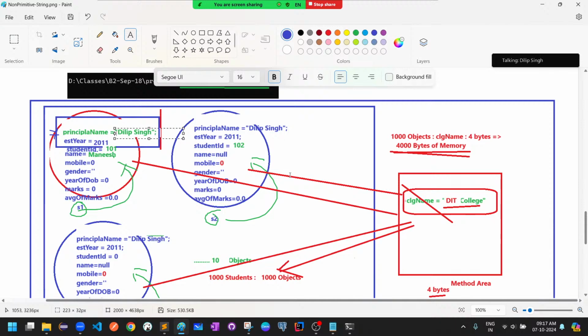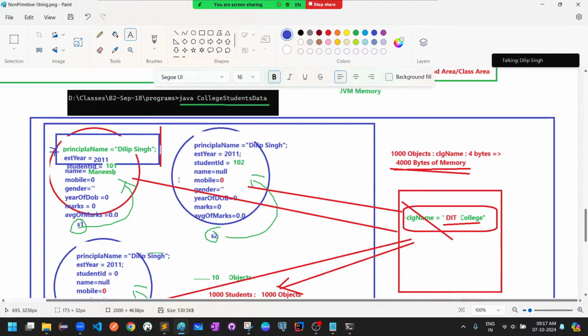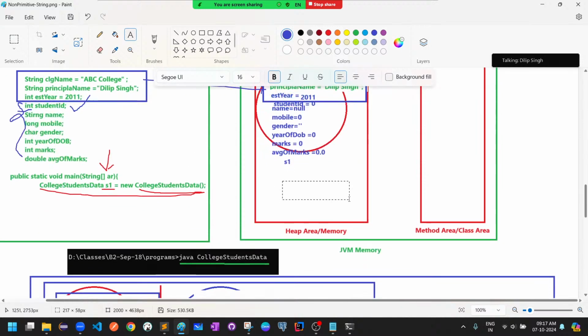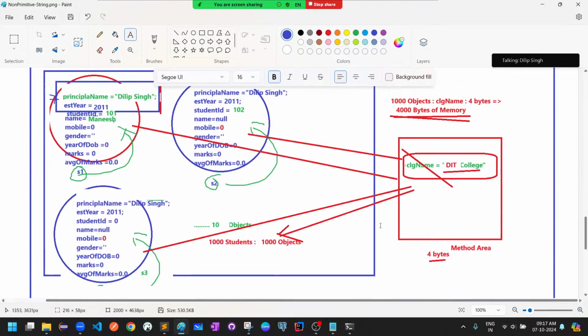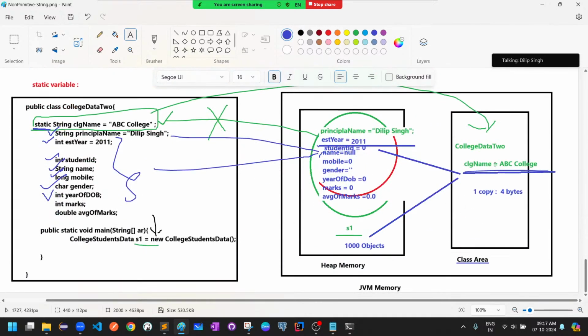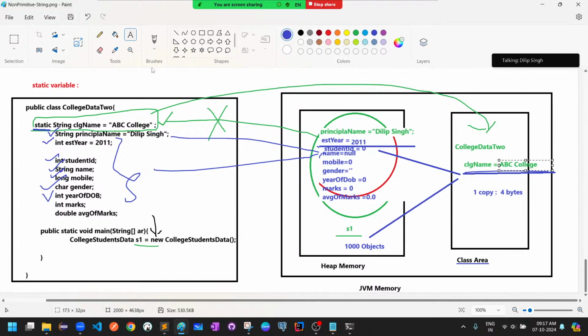Not only that, the second problem: if you change the college name for one student, it will not impact the second student or the third student. Like that, if you have 10,000 students, you have to maintain the data modification at 10,000 students' level. And it's not only that, there is memory wastage also. But if you go with this approach, tomorrow if your college changes from ABC to XYZ,